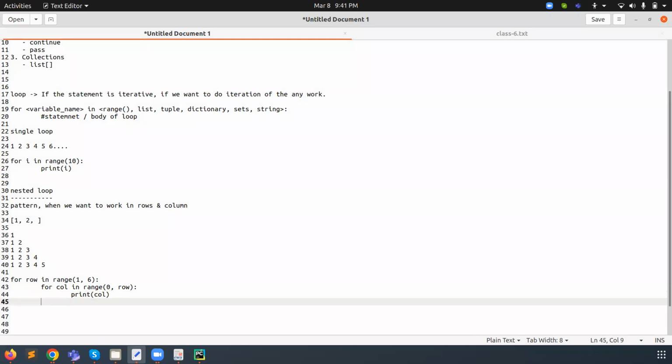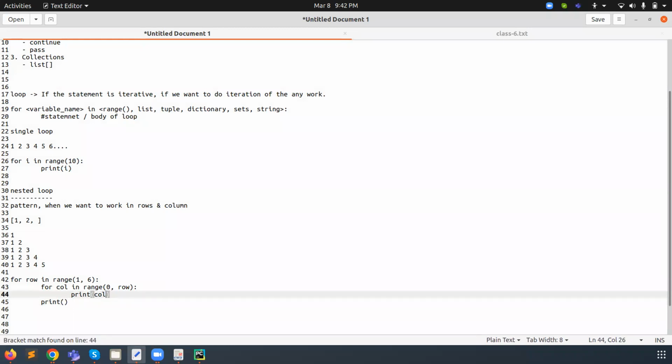After completion of one loop, we want to send our control to the next row. For this we need to define it in the function. Then it will print the value in a single line, and it tells the Python compiler not to send the control to a new line. These are things we have already done.